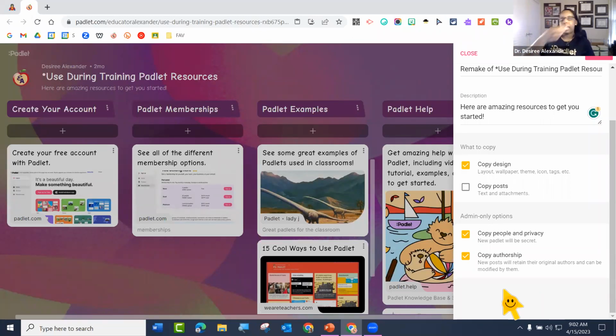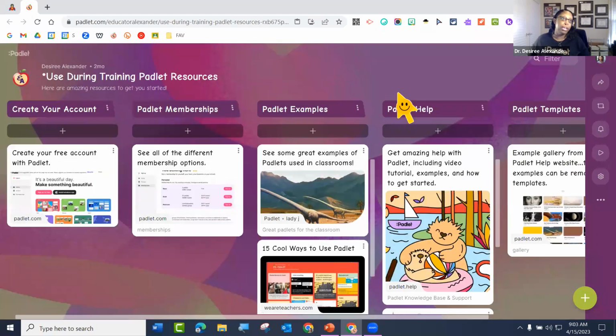Maybe I want to show one for open house, but I want to delete some sensitive stuff that my students talked about that we want to keep within just our class. So I can say copy it all, and then go and delete some stuff. Then for open house, I can look at some of our student work and show you how awesome they were, so they won't get the really deep one that we did together. There's a plethora of different reasons that you would use this, right? So you can decide what type of remake you want to do.